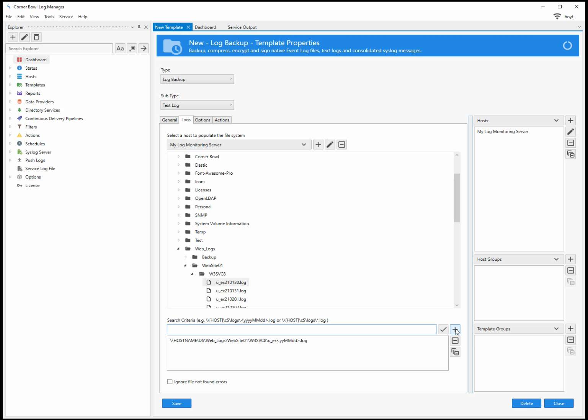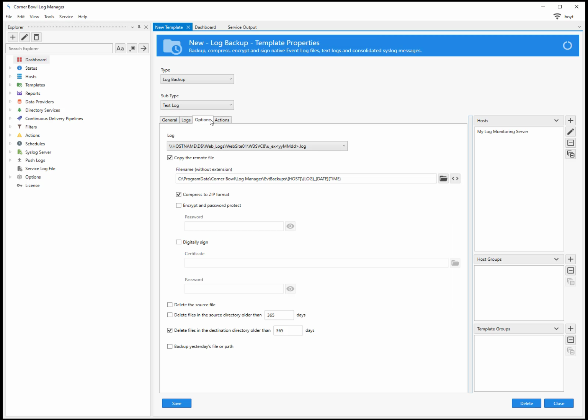Next, click the Options tab. Use the File Name text box to specify the central location to save the log files. Notice the use of the tags host, log, date, and time. Since IIS log files have the date embedded in the file name, there is no need to use the date and time tags. If I change the output to